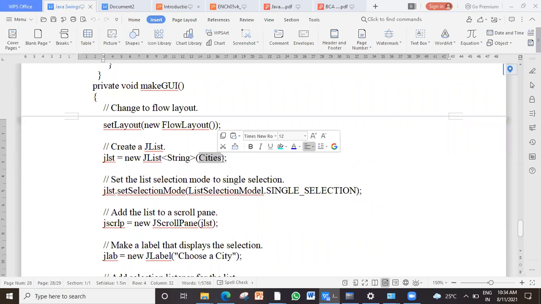Static variable should be called with class name. This is the method which is used to do that. Once my list is ready, I can attach a scroll pane if I want, a label, and then I'm placing that list on my applet.